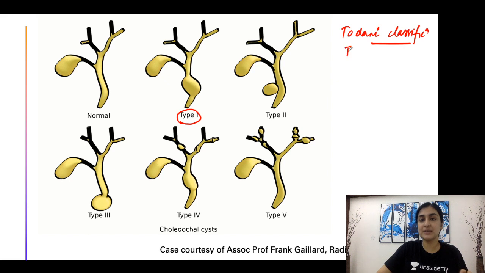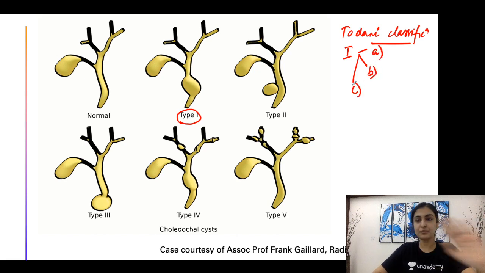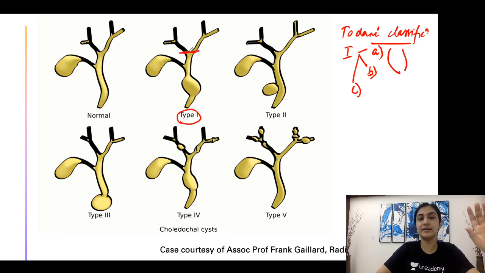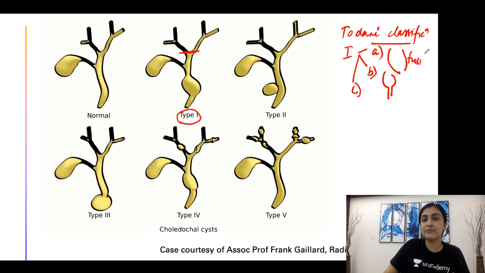Type 1 has further been subclassified into 1A, 1B and 1C. So let's quickly look, although this is not very important for MCQ purposes, but for a complete exhaustive coverage. Type 1A will have a complete fusiform dilatation of the entire extrahepatic biliary duct. The entire duct will be completely fusiform dilated. 1B will be where there is a saccular dilatation. There is a saccular dilatation, it then becomes normal. Is this clear? So 1A would be fusiform, 1B would be saccular dilatation, whereas for 1C, that is just below